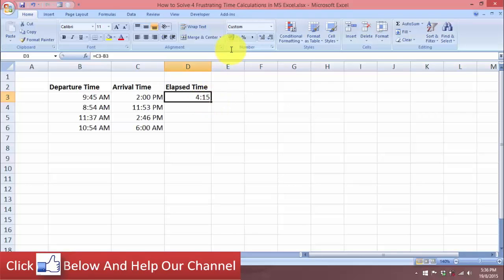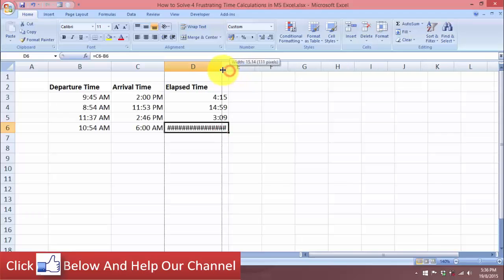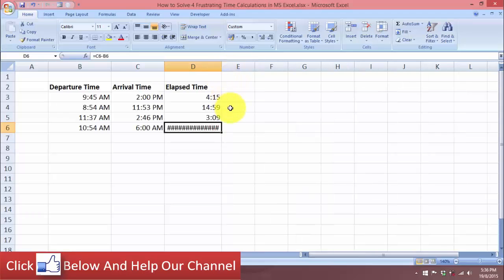So this is the second frustration that most people will face when using Excel to calculate time. Let's copy this down to the rest of the cells. And here we have the third frustration. The third frustration is when you make a calculation of time that crosses midnight. As you can see, this time we have here is 10:54